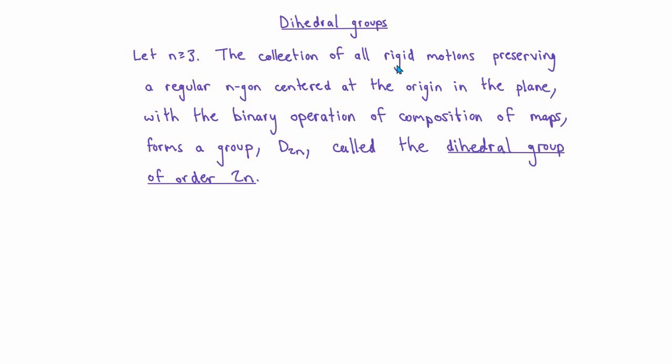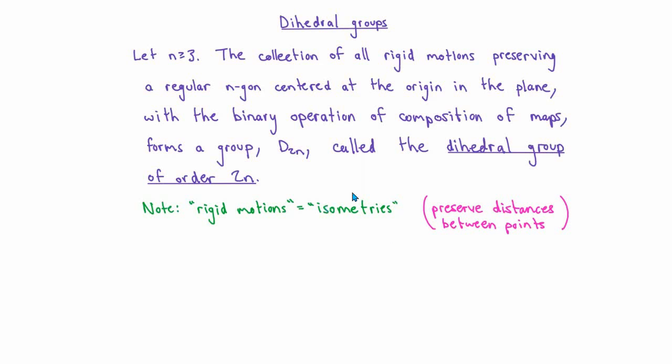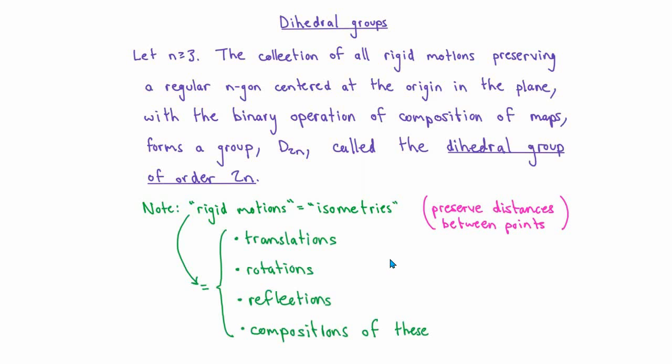Now, there's a few things here that I need to explain, and the first is, what do I mean by rigid motions? Well, when we talk about rigid motions of the plane or rigid motions of Euclidean space in general, we just mean isometries, and isometries are maps from the space to itself, which preserve distances between points. To make this even less mysterious, it turns out that using linear algebra, it's pretty easy to classify the collection of all rigid motions of Euclidean space, and they turn out to just be translations, rotations, reflections, and compositions of